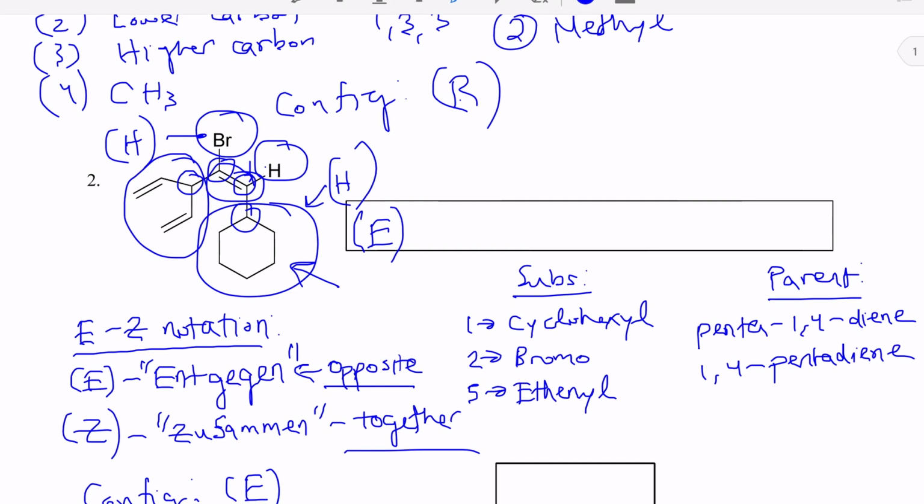And here we can use the same alphabetical order convention that we use whenever we're listing out substituents. So the bromo group comes first, followed by the cyclohexyl group, and lastly the ethanol group. So let's go ahead and mention that. 2-bromo, 1-cyclohexyl,